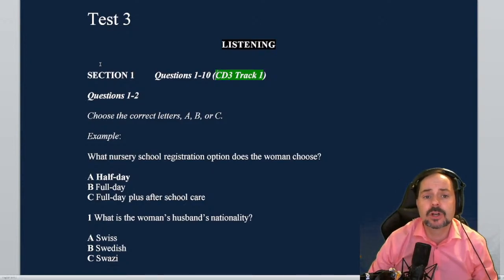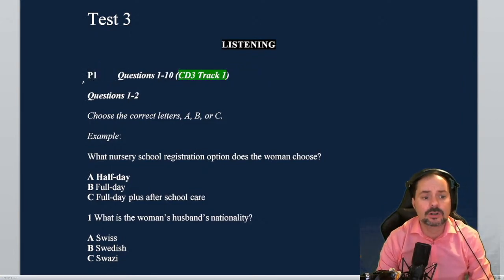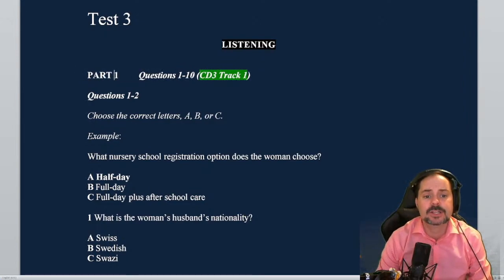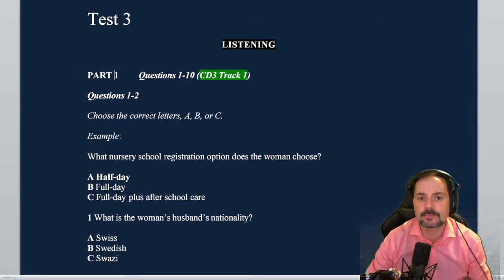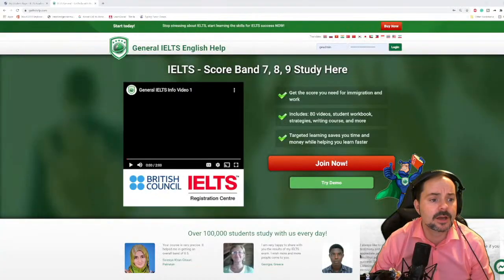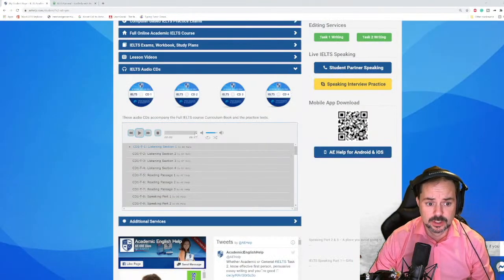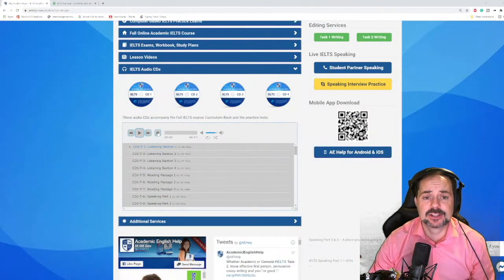So here we go, everyone. We're going to start with section 1. In fact, these days it's called part 1, okay? So they've changed this recently to part 1. Students, don't put your answers into the chat because then other students will get confused, especially if you're giving wrong answers. So save your answers till the end.